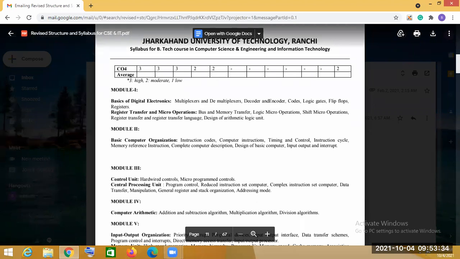In this subject, there will be six modules, and the first module consists of the basics of digital electronics. I think everyone has done this in the third semester: the multiplexer concept, demultiplexer, decoder and encoder, codes, logic gates, flip flops.